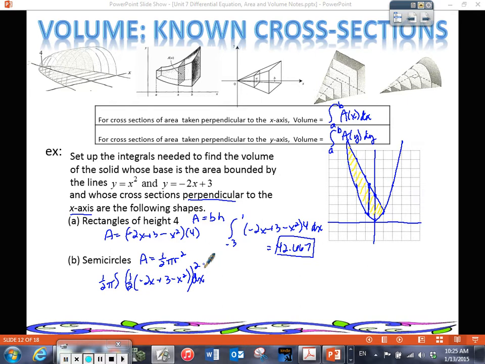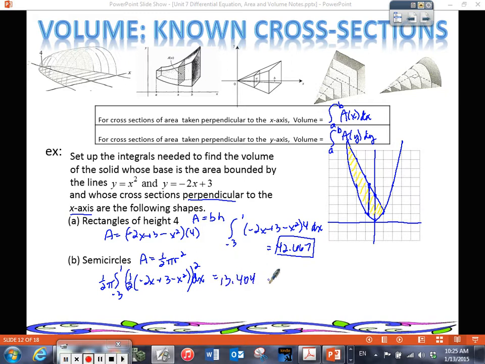So you can see the parentheses are going to be so important when you're putting them in your calculator. One slip and you're going to get a completely different answer. We need to be sure that this entire quantity right here, half of that location, is squared, the whole thing squared. Okay, so we put that in our calculator. Again, our bounds are the same. We're going from negative 3 to 1. We put that in our calculator and we get a volume of